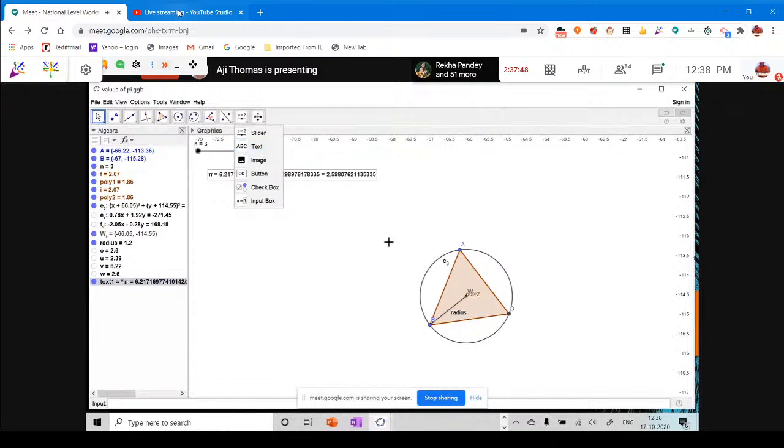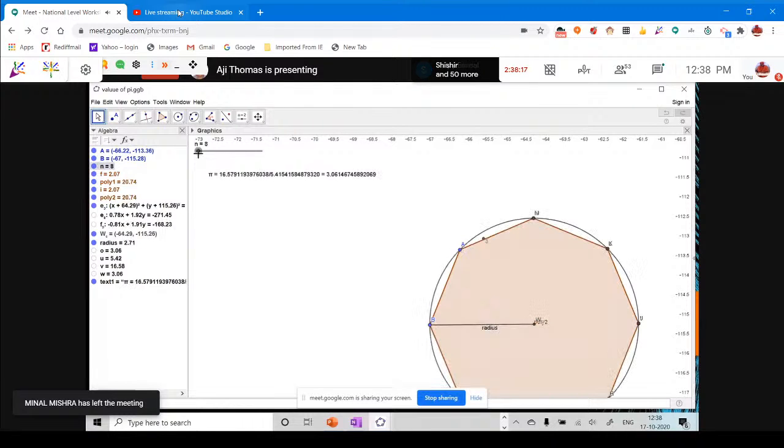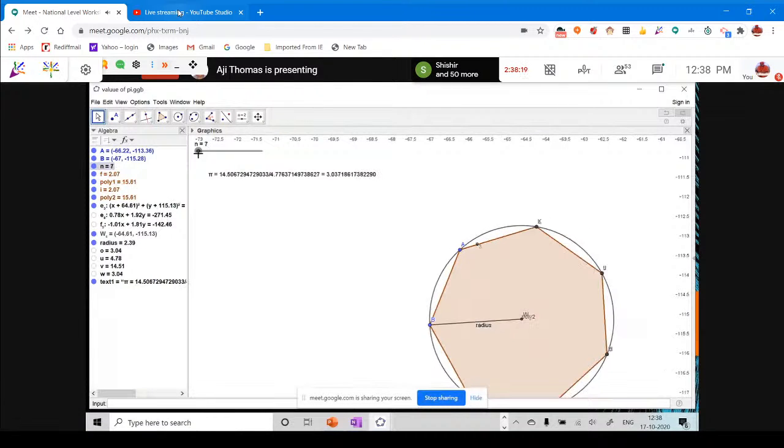What I've done, I've taken a regular polygon, and I have circumscribed it with a circle. So this polygon is inside this circle. There is a slider for this polygon. So when I'm going to increase the size of this polygon, what is going to happen? See,